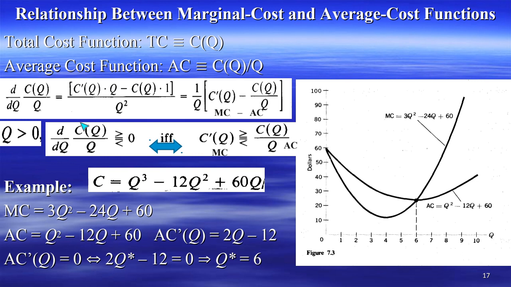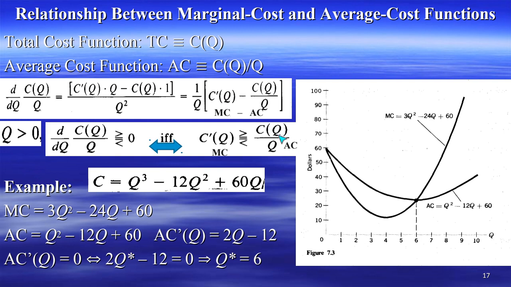The derivative of the average cost, which is the slope of the average cost, is positive if and only if... You can write it down as "iff" or with this double-sided arrow, it is the same. It's a logical arrow. It means if and only if, a double implication. So the slope of the average cost, the derivative of the average, is positive if and only if C prime